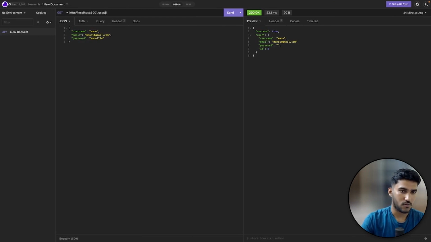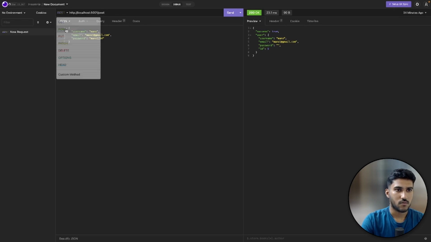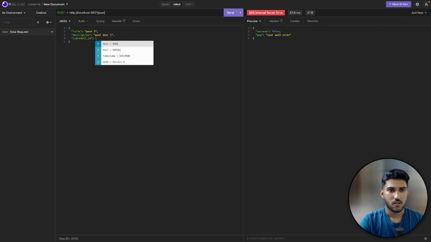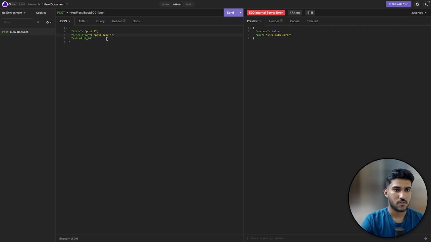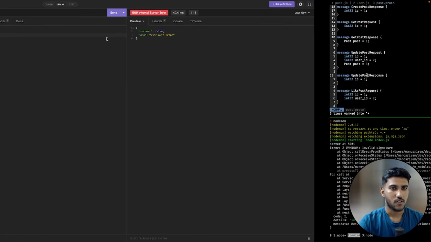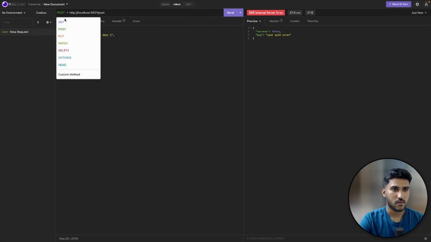So let's do /post/ and do a post request, and let's do title is post 1, description is post disk 1, subreddit ID, let's say 1. So we have the user authorer, which means we don't have the token, basically. That's what it means. So to do that, I think we can just do,